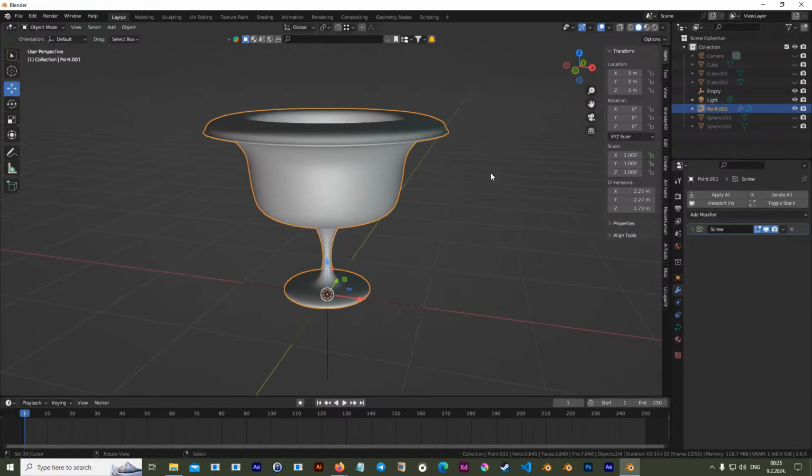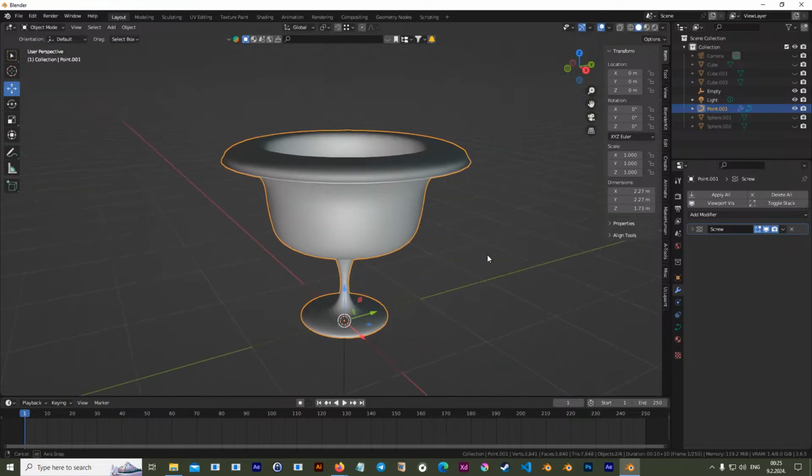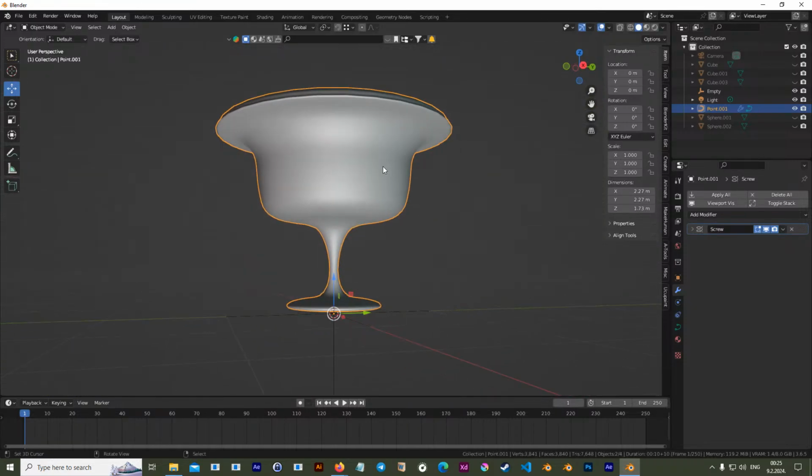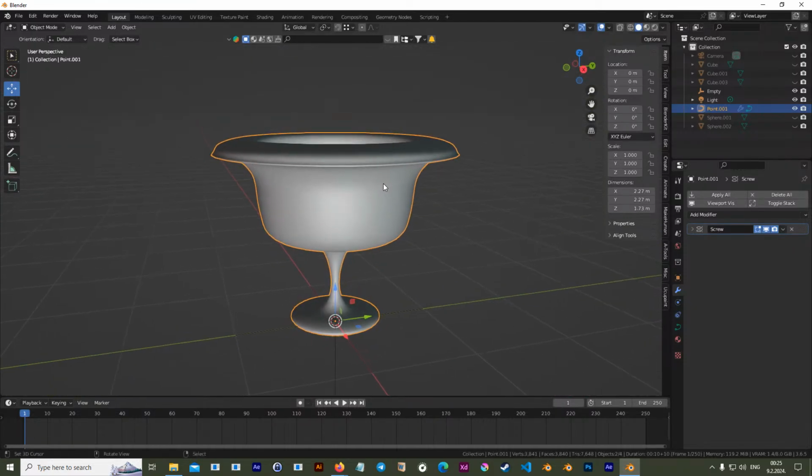It's not a mesh, it's a 2D object with a modifier attached onto it that created some illusion of a 3D object. If you're satisfied with your screw and you don't want to screw it again, press Alt C, convert it to mesh,